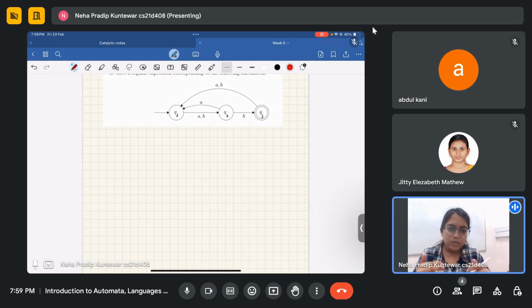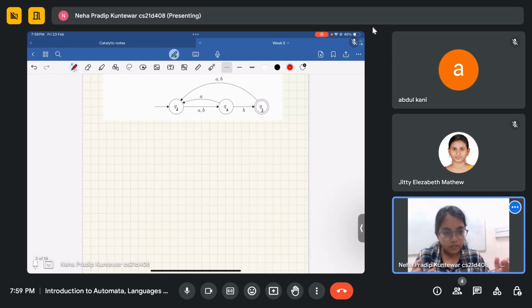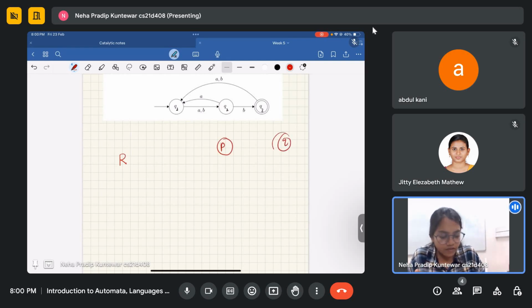We may not be able to compute everything in this tutorial right now because it's almost 8, but I will still discuss the general idea. The intuition is as follows. If I want a regular expression from some state P to some state Q, which is a final state, and this is your start state,